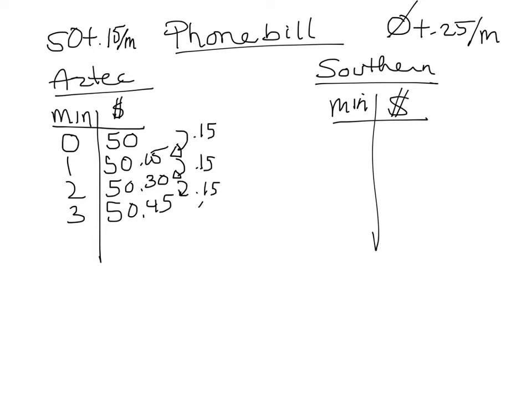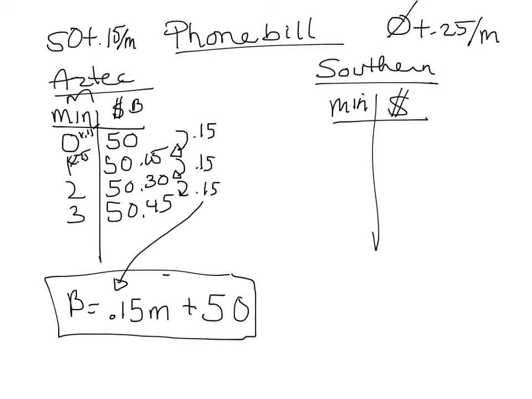So we know that the 15 cents becomes our coefficient. So we have 15 cents times every minute. I'm going to use an M. And then, what's my constant? I need to add 50. Because if I have 0 times 0.15, that's 0. Need to add to get 50. 1 times 0.15, that's 15 cents. Add 50. So there's my expression, and my total, let's use B for bill,